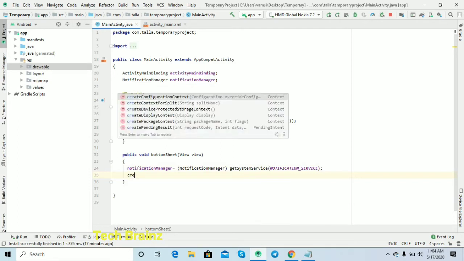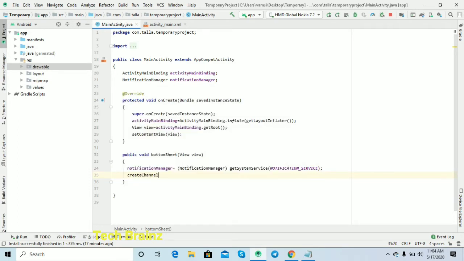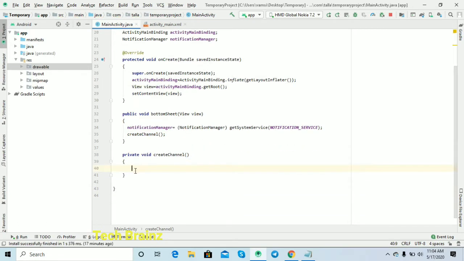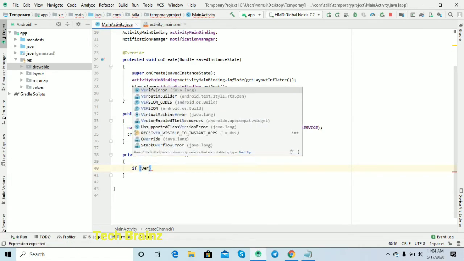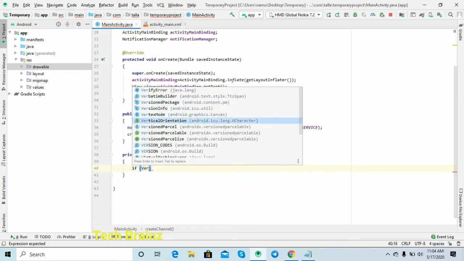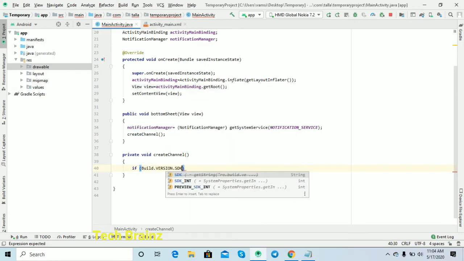Next you have to create a channel. First of all, I will check that the Android version is above 28, that is, I want to check for Android Oreo.